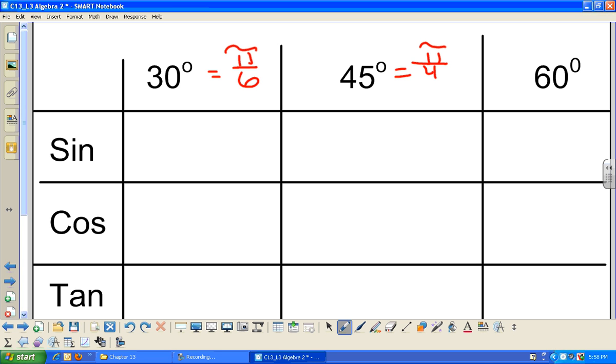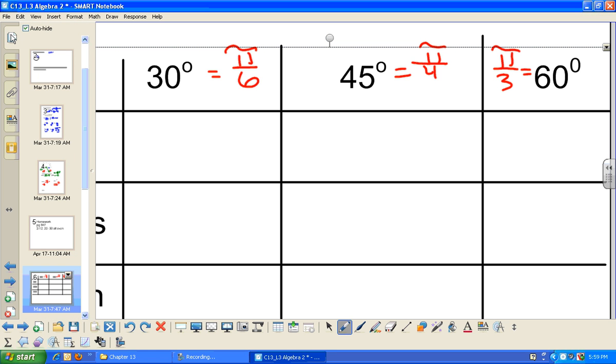And looking at 60 degrees, it is the same thing as pi over 3. Now I want to fill out this chart for sine, cosine, and tangent for 30 degrees, which is pi over 6, 45 degrees, which is pi over 4, and 60 degrees, which is pi over 3. So looking back at your unit circle,